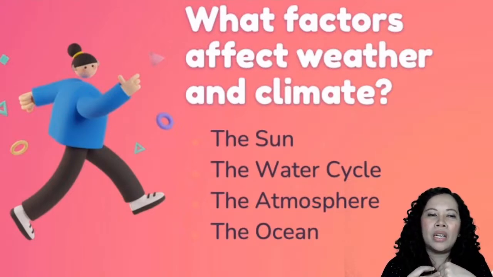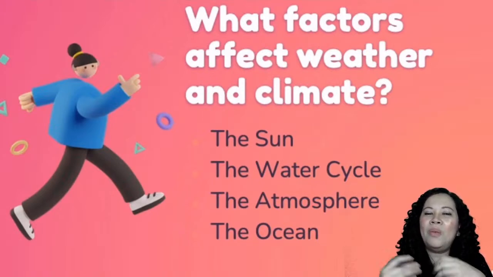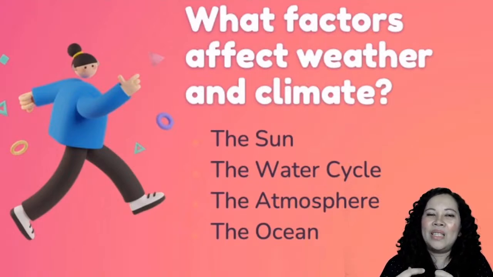That is the reason why we are close to the equator, so we are a tropical country. We don't experience winter, spring, summer, or fall. We only experience dry and wet. That is because of the positioning of the sun. The next one